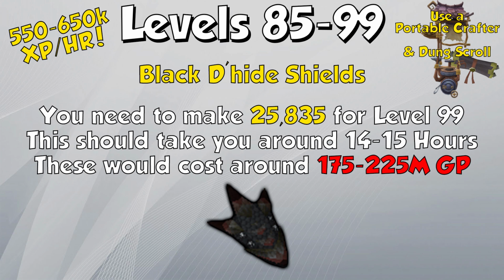From levels 85 to 99, you can do black dragonhide shields. These are 550 to 650k experience an hour and very close to what dragon stones are when you cut them. You will need to make 25,835 for level 99. This should take you around 14 to 15 hours and cost around 175 to 225 million